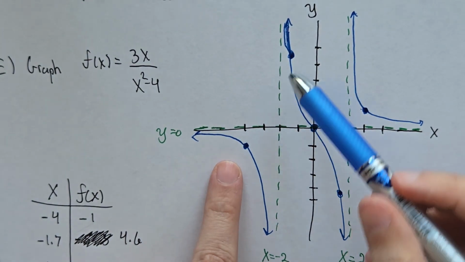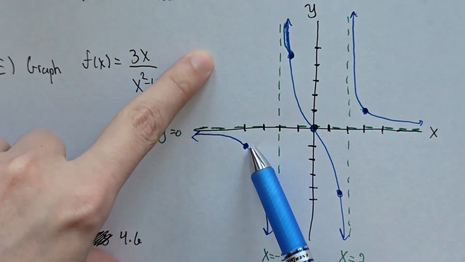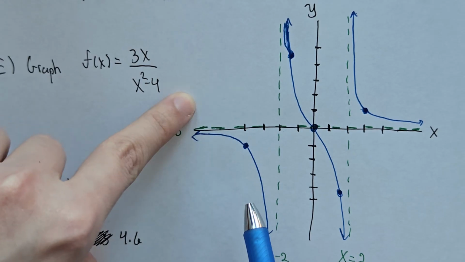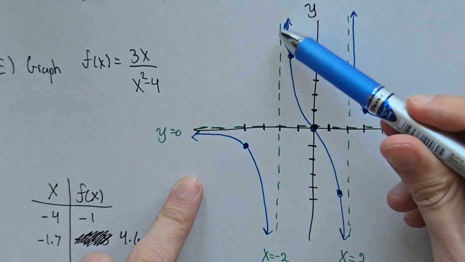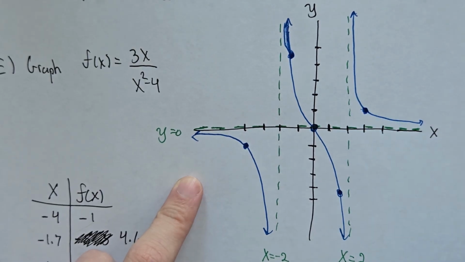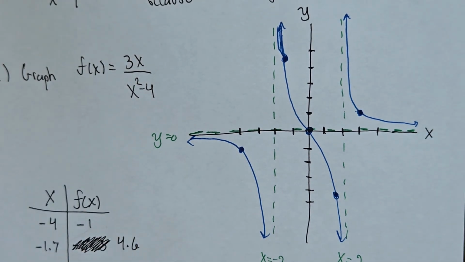That's why we needed these 4 points that we added, because if this point had been up here instead, in the top left quadrant, then we would have had to graph it in this quadrant instead. Same thing with this piece right here and this piece right here. It all depends on whether or not they're above the y-axis to determine which vertical asymptote they're going to hold. But in total, what we've graphed is a good sketch for this function